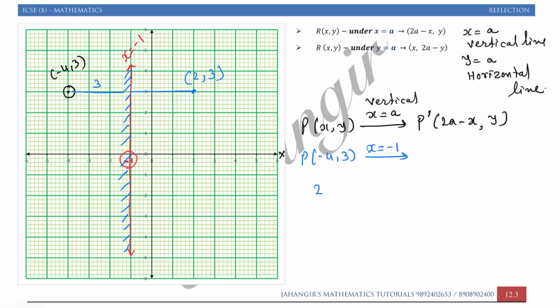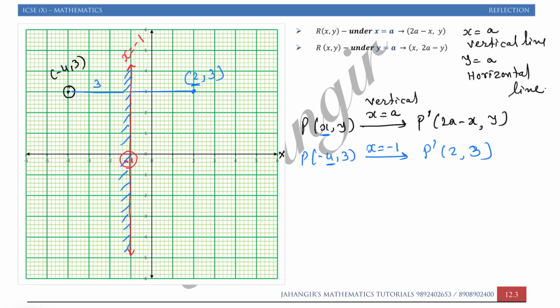2 into a is -1 minus x का coordinate is -4. See, this is x coordinate. So -2 plus 4, that is equal to 2. So I got p dash की value 2. See, and y will remain same. Is this part clear? This type of sum we are going to discuss in exercise part also. This is just an example.